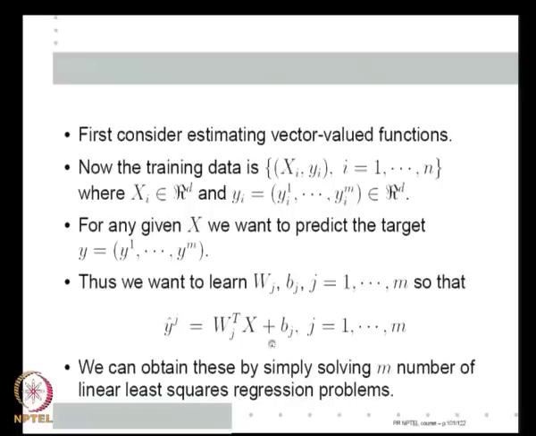We can put all these w j's as columns of a W matrix and write the entire least squares solution in vector matrix notation. But except for some complication of notation, there is nothing conceptually novel here, because we are effectively running m linear least squares regression problems. So, in principle we know how to solve the linear model problem, even if we have to learn a target function which is vector valued.